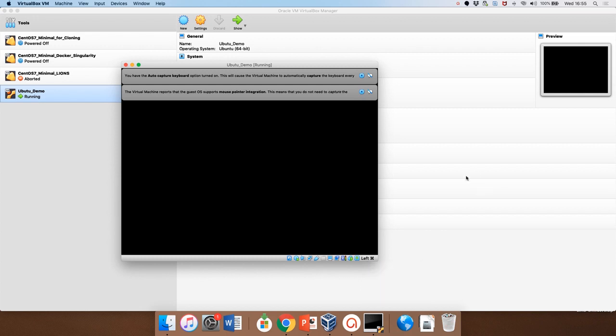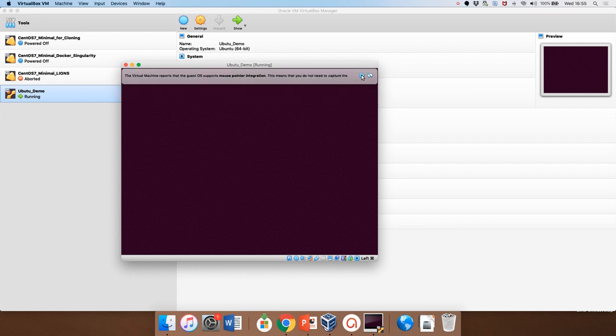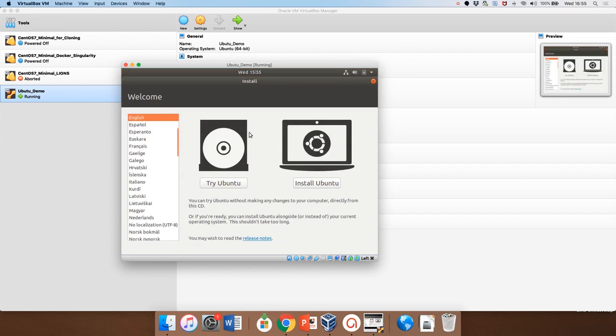So what that means is if we move the cursor in here and we can't get it out again, if we press the left Mac command key, we will get the cursor out again. There'll be something similar if you've got a Windows machine. You'll see a similar message to retrieve the cursor, or if you're running it on another operating system, you may see another command there. But that's how you get the captured cursor out of the virtual machine if you need to. So I'll just close these little dialog messages, and what you can see is Ubuntu is now starting up,